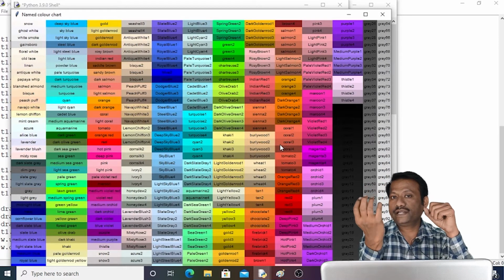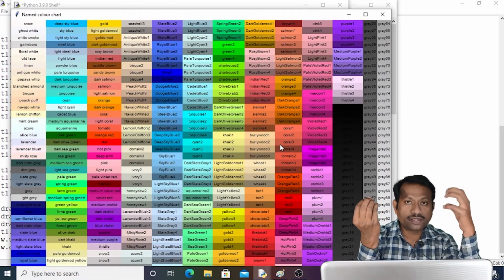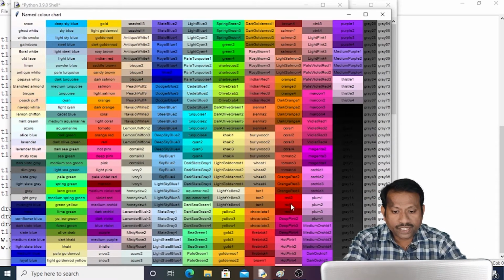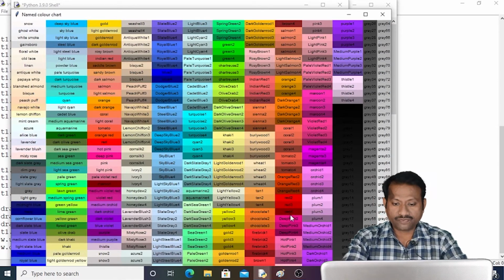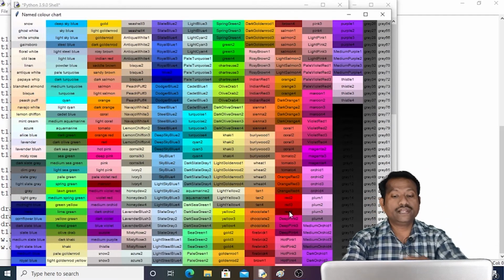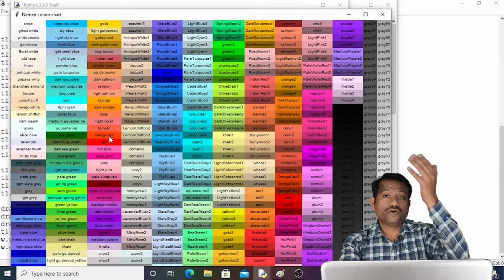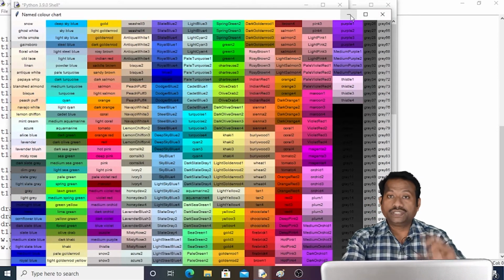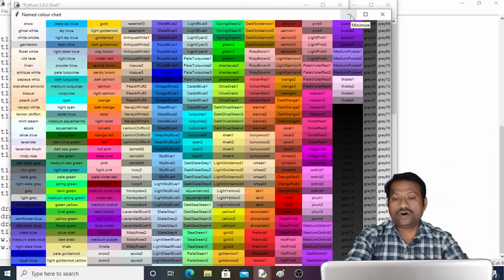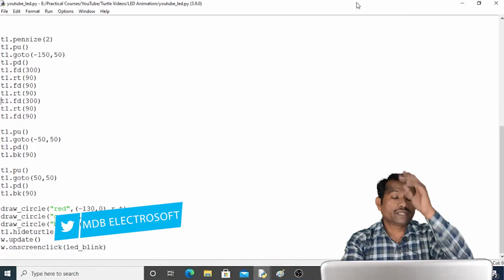Definitely the off LED color is dark, and when it becomes on, it becomes light. So here we have selected green. This red is for red. If I select red 4, it should be the color for off LED, and if I select orange red, that is the color for on LED. So these colors we will select for on and off. Let me select this color accordingly, but we have to make the changes in the program.